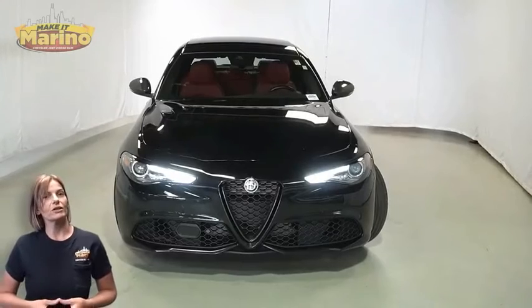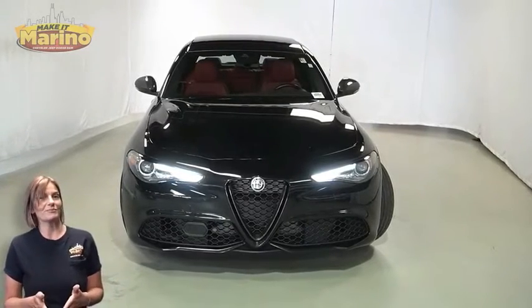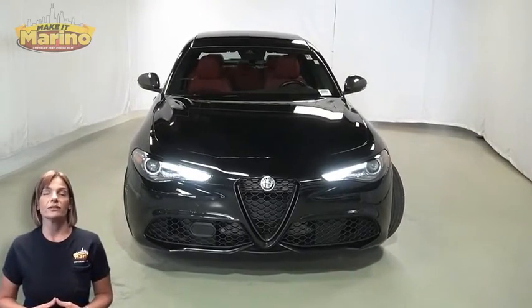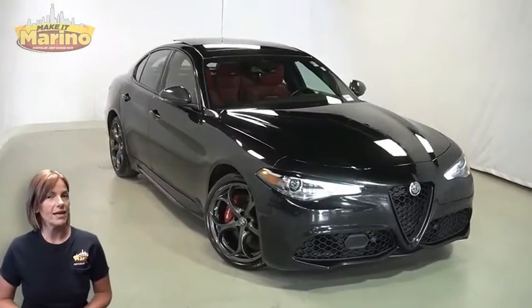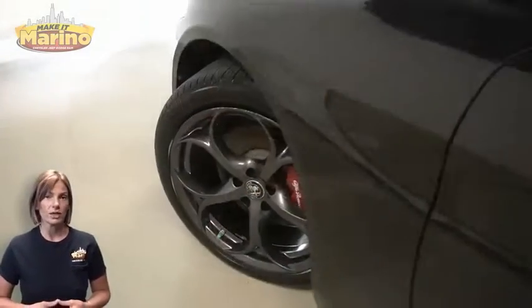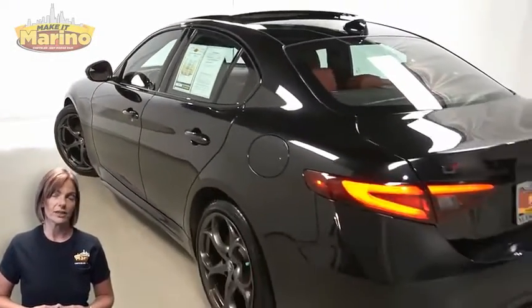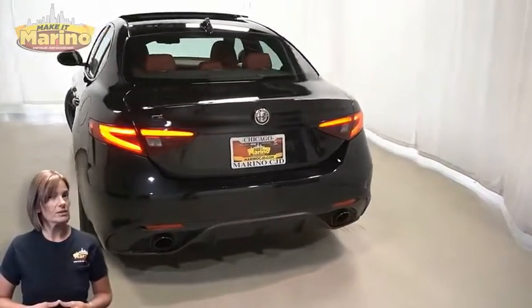Have you been looking for a performance sedan with styling that doesn't break the bank? Take a look at this 2020 Alfa Romeo Giulia TI Sport Carbon in Volcano Black. With HID headlamps, carbon fiber grille, 19-inch aluminum wheels, gloss red brake calipers, carbon fiber exterior mirrors, dark exhaust tips,